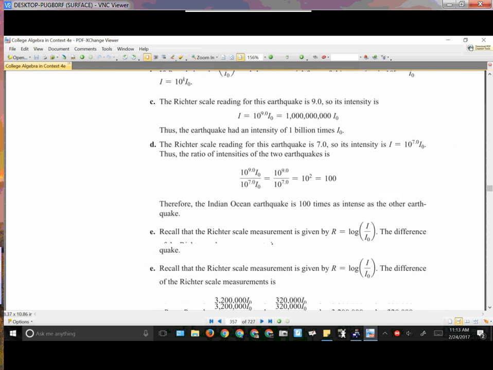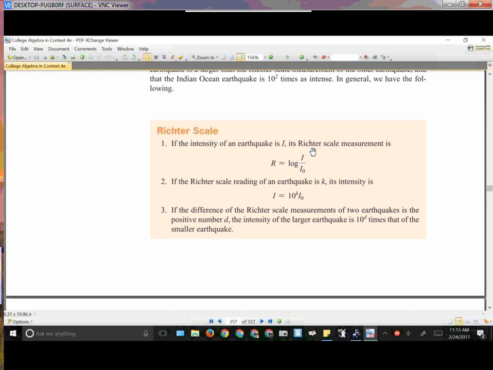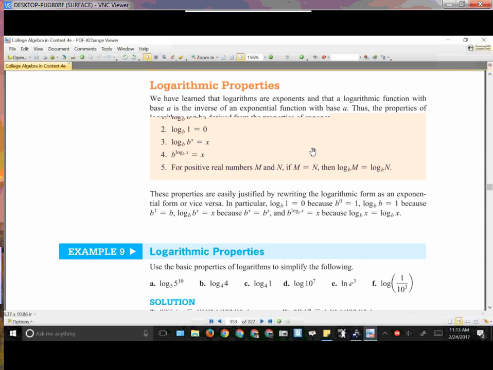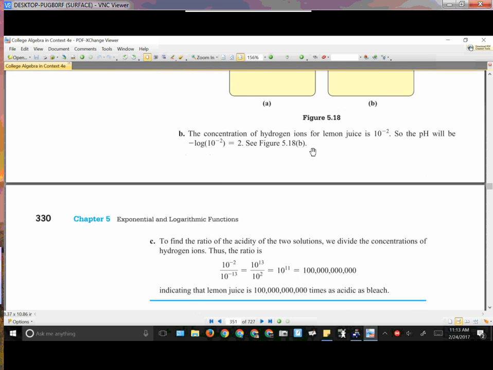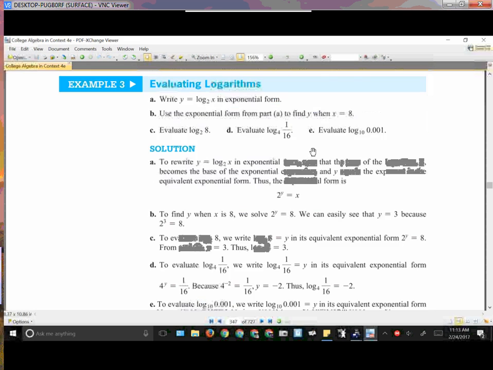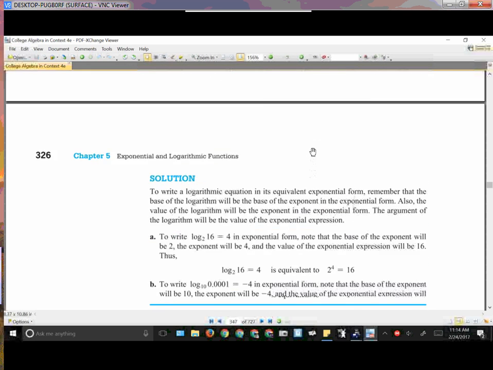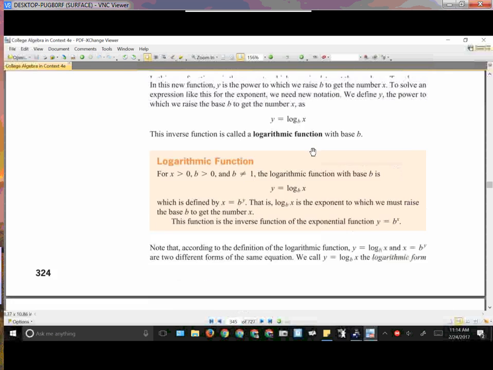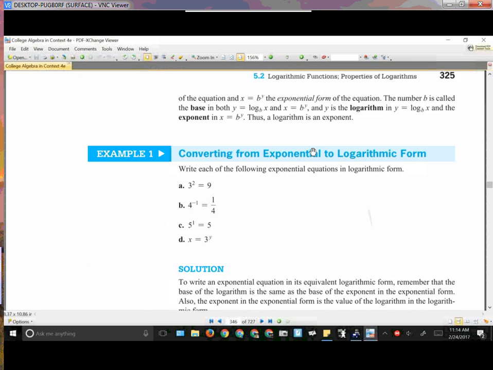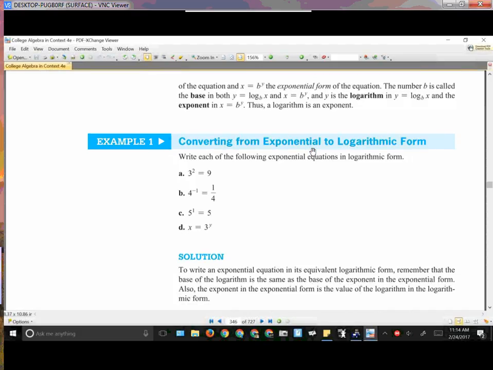So I don't think there was anything else that I wanted in here. The Richter scale stuff, not necessarily. So let's get back to dealing with this. So I want to write these in terms of a logarithmic function. So if I am supposed to convert these,